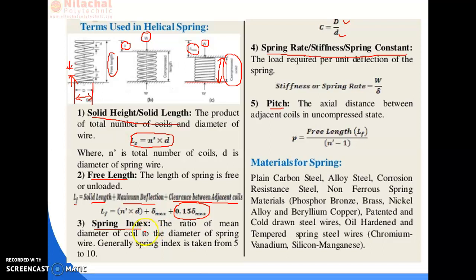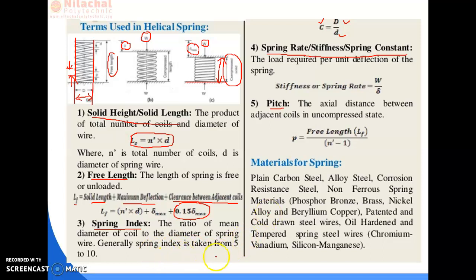Now spring index is denoted by the symbol C, and C is equal to capital D by small d. Capital D is the mean diameter of the spring. Mean diameter means what? There is an outer diameter of the spring. This is the outer surface diameter, and there is an inner surface diameter of the spring. So mean diameter means D plus d by 2, where the inner diameter and outer diameter are both